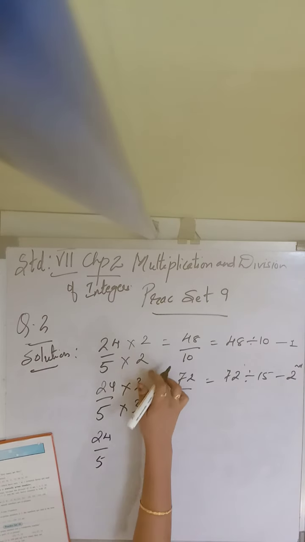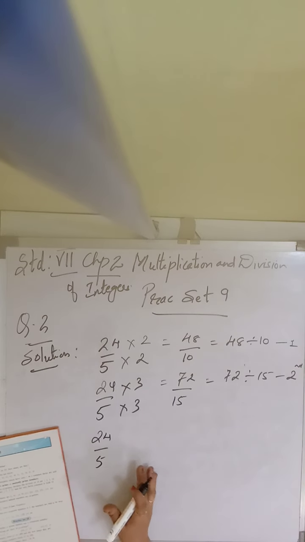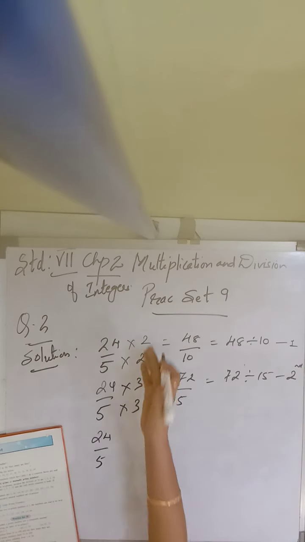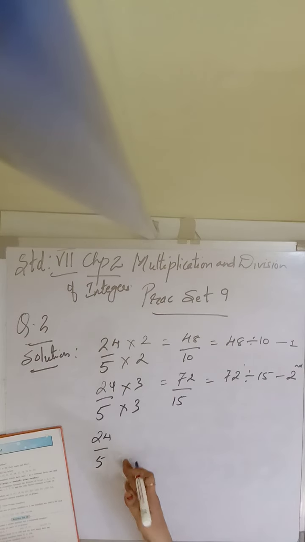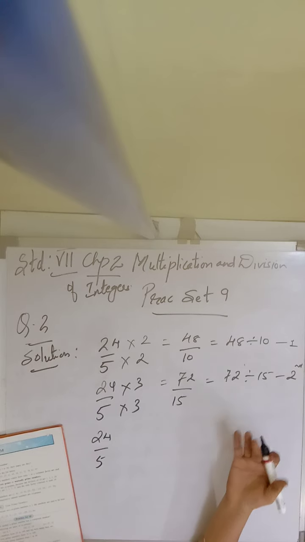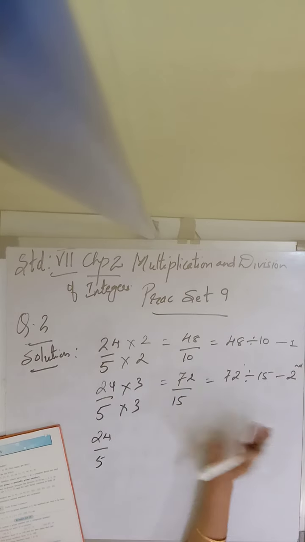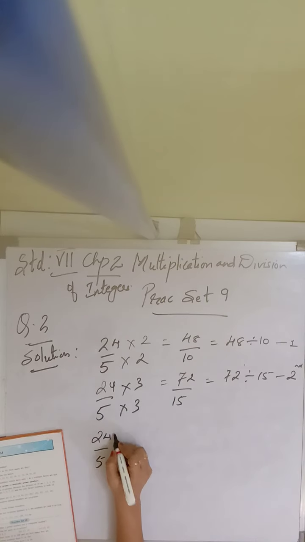Children, here I have multiplied by 2, here 3, then I am multiplying by 4. It is not necessary, you can multiply by any number. If you want, you can multiply by 3, 4, 5, 6, 7, 8, any number. So this question's answer may differ. Your answer will be different. I am using 2, you will use another number, no problem. Clear, children? So this answer may vary.